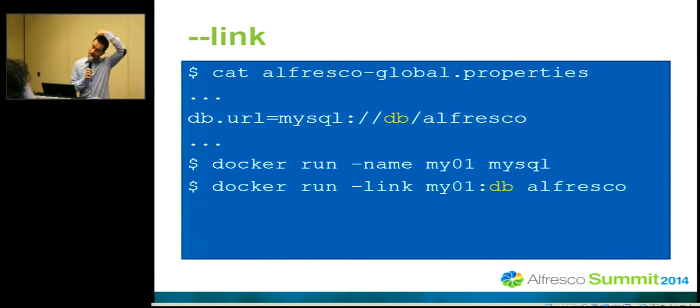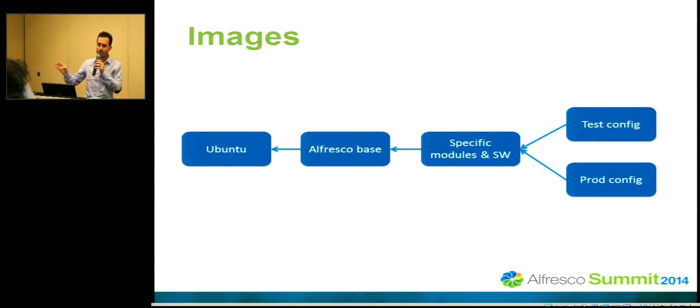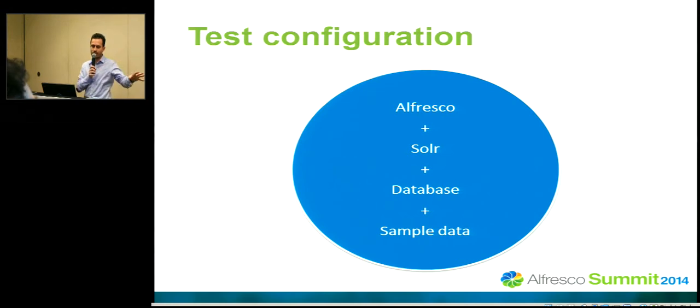Docker offers some interesting functions. For example, you can point to a host name on your properties, and when you run another container with your database, you can link it inside your container. Docker will link your container within. This is how you should build your images. You start from scratch, you add your base, you add your specific customization, and then you can fork from a test configuration like this, for example, with everything inside, also some sample data, also database, or a production configuration,